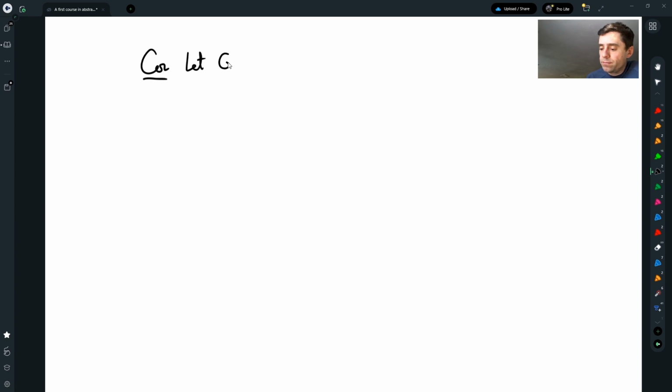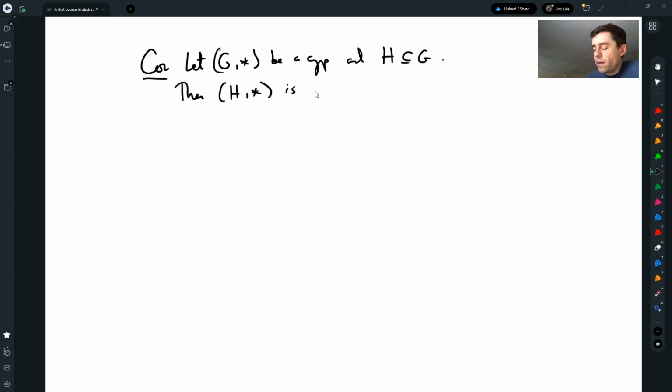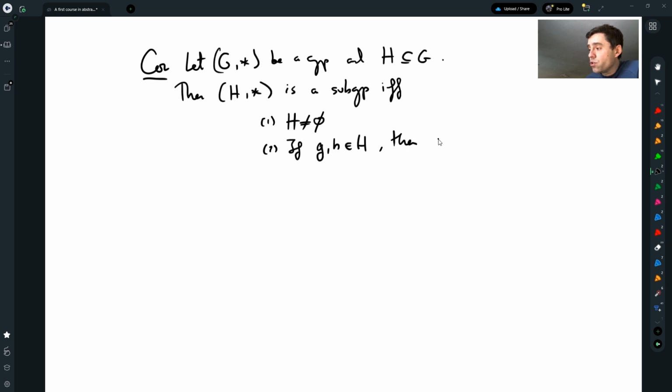Let G be a group, and let H be contained in G. Then (H, star) is a subgroup if and only if one, H is non-empty, so there is something in it, and two, if g and h are in H, then g h inverse is in H. And why is that? The reason is that,